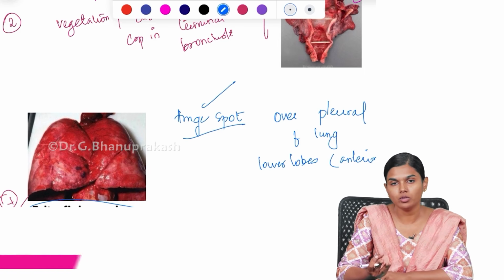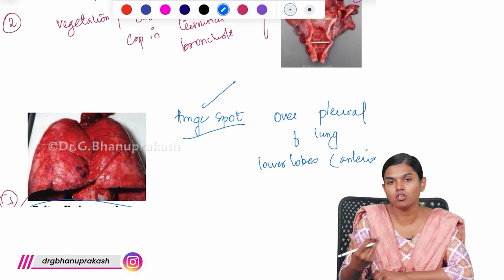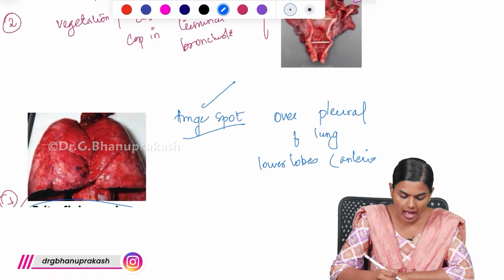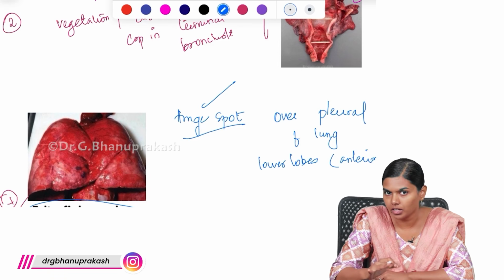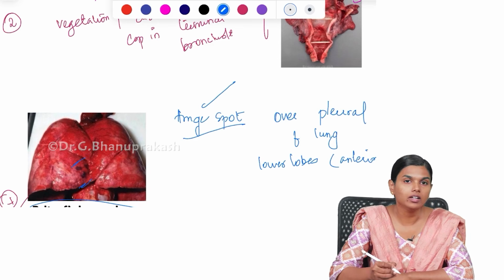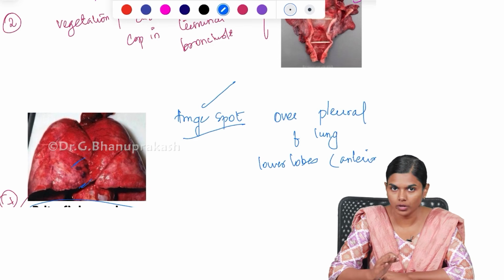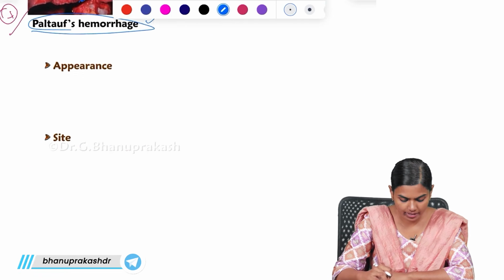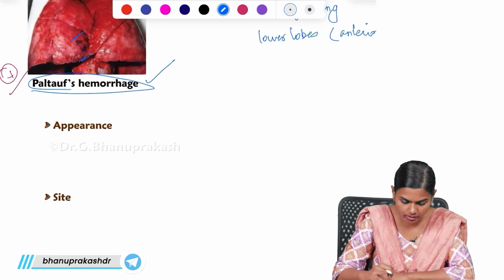This is mainly due to rupture of the alveoli. Because of this extreme respiratory effort, you will get to see this alveolar rupture resulting in this hemorrhagic spot. And this is seen here over the anterior aspect of the lower lobes, and this is known as Paltauf's hemorrhage. And the next thing that we have to know is